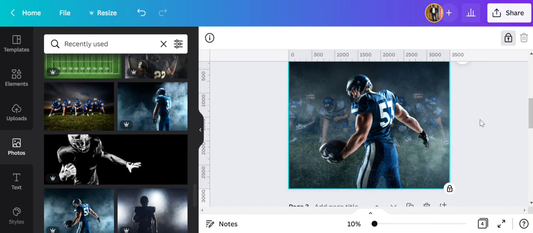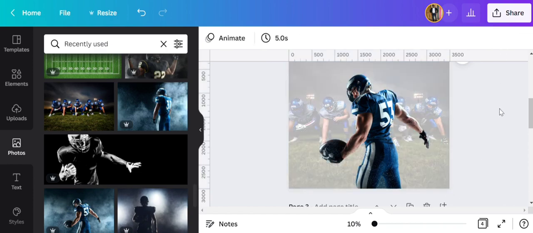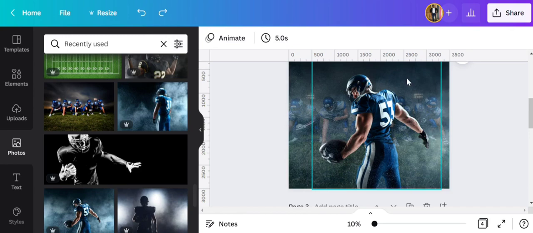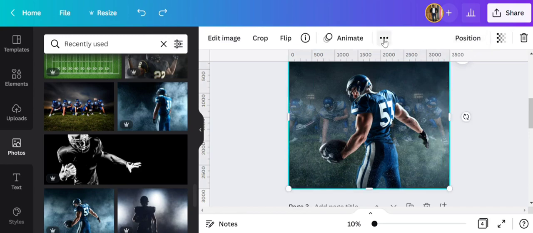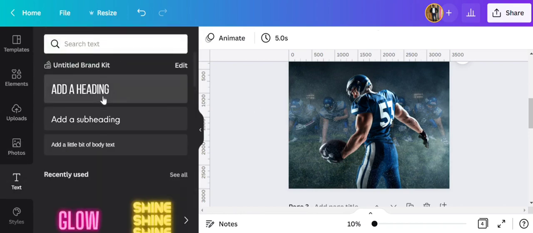Because like I showed you in a previous tutorial I did, if I don't lock this image and just press OK, it's going to change the initial image that was there. So I'm going to go back and lock this. There you have it. Now the next thing I did was to add a text, and the text